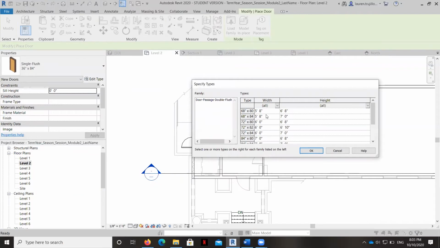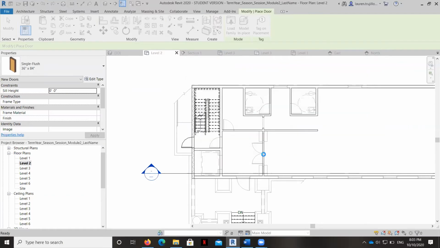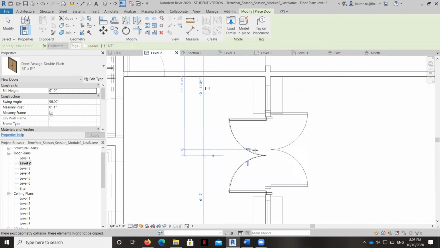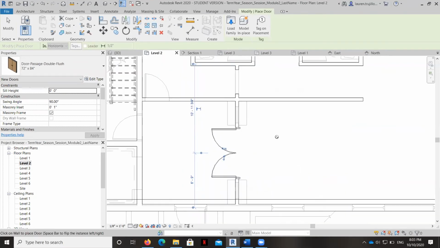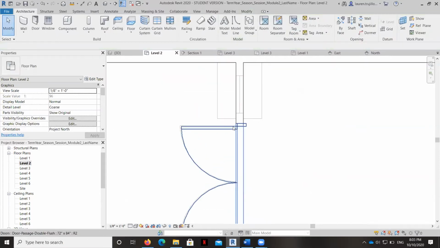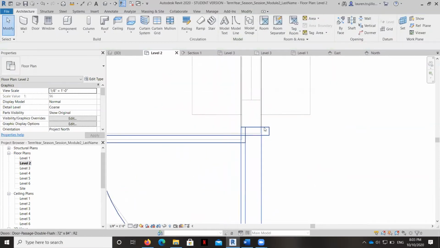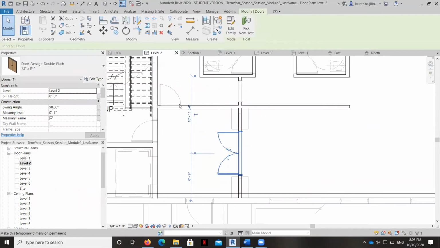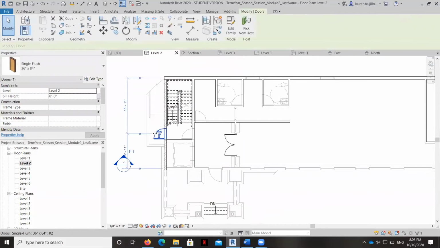And then once you hit that OK button, it's going to say, well, what size do you like? We're going to do the 3 foot wide for each door, 7 feet tall. OK. And all you do is just hover. It's a beautiful thing. There it is. Okay, now it's going to auto align with the walls, so you don't have to do anything. Okay, I'm going to take this one out and I'm going to put an actual exterior door there.